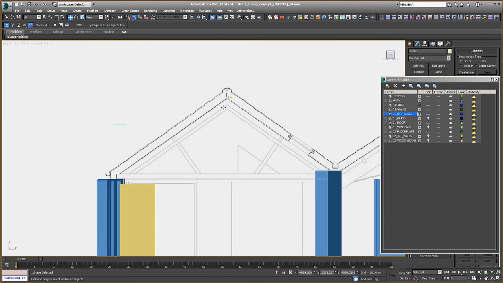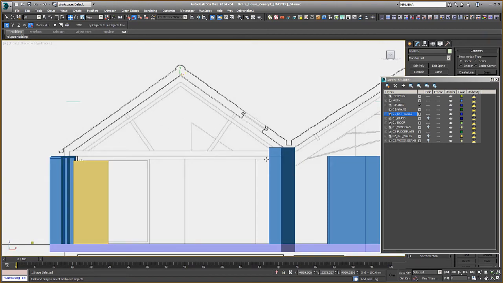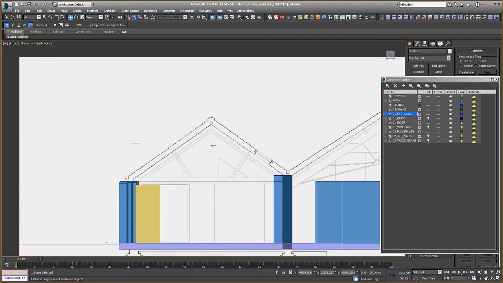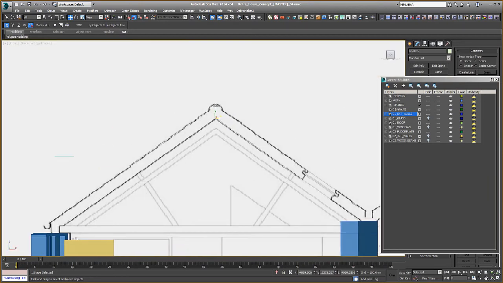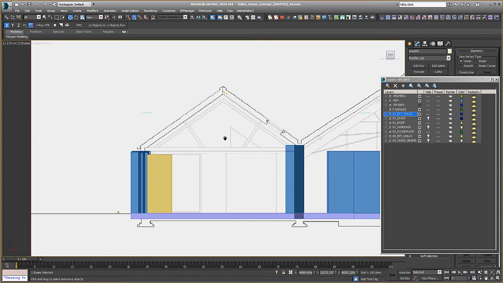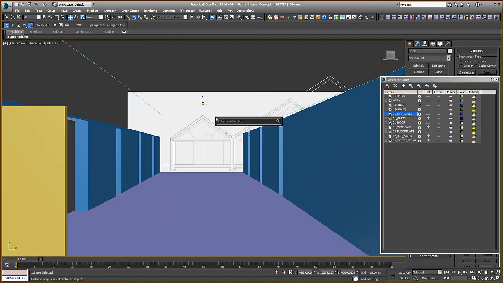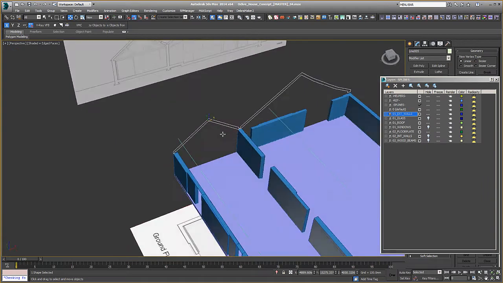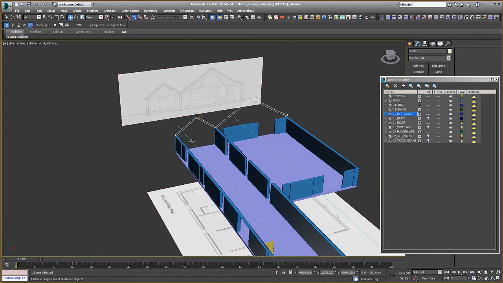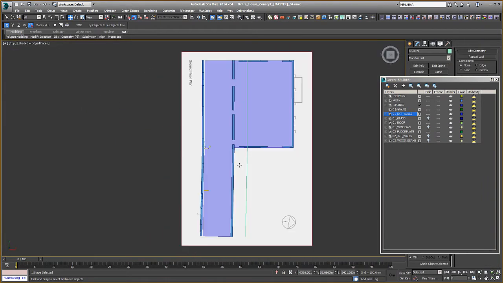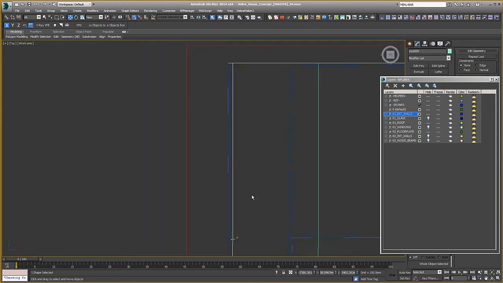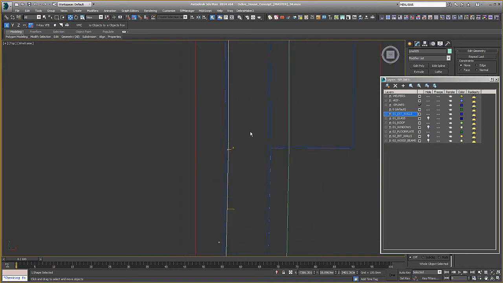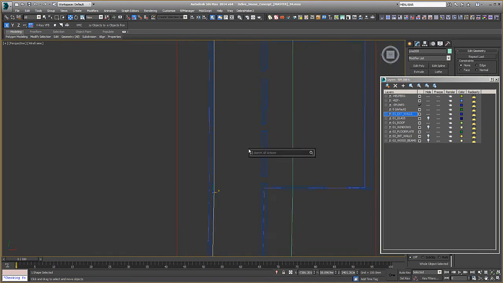So this is our main point that we're actually going to be looking at in the visuals we're creating. We don't have to worry about the top of the ceiling because we're not doing the outside of the building. So after creating the basic spline outline, I've created a spline that matches. It follows the edge of the external wall, basically, has the correct angles, and then what we're going to do,